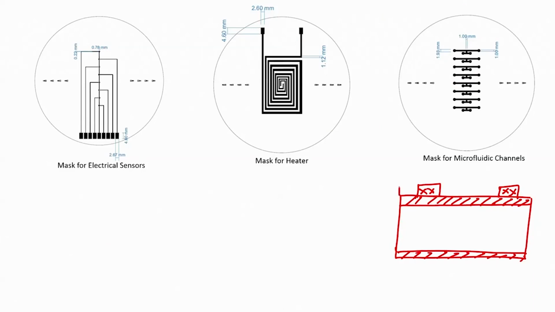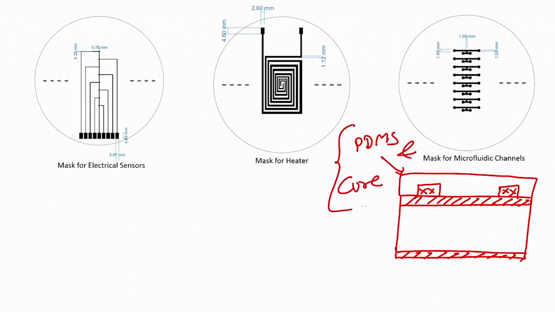We will pour PDMS and cure it. When you pour PDMS and cure it at 115 degree centigrade for 15 minutes, then you can peel this PDMS off. If you peel the PDMS, what you will get is